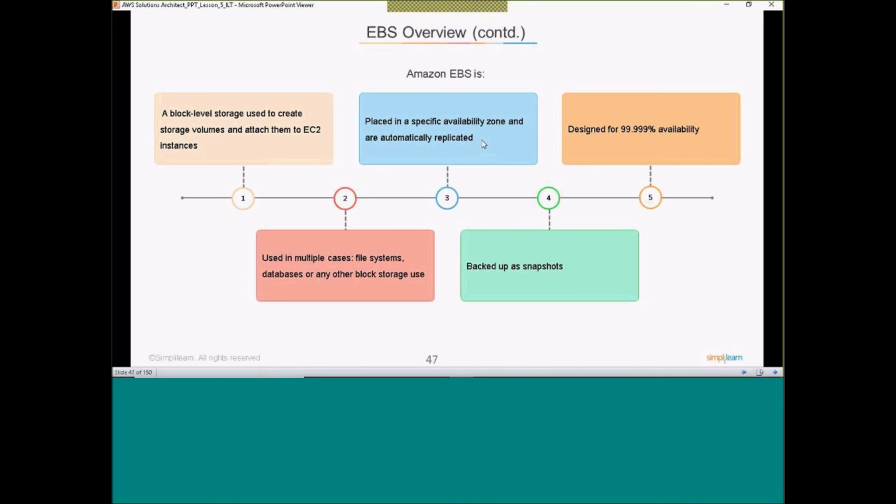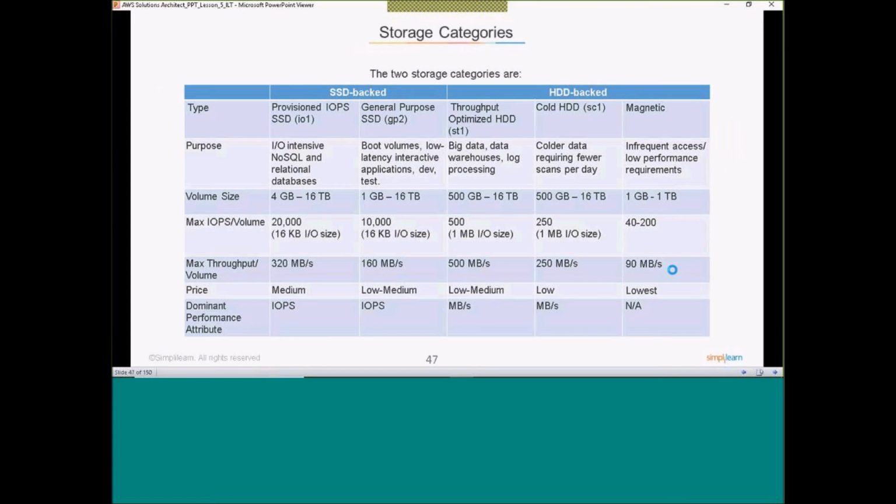I will have to create an EBS volume in the same availability zone as the EC2 for which I want to do that. Designed for 99.99% availability. Backup as snapshot, so we can take the backup of the EBS volume. Used in multiple cases: file system, database, and all. Since it's block based storage, it can hold file system, database, operating system.